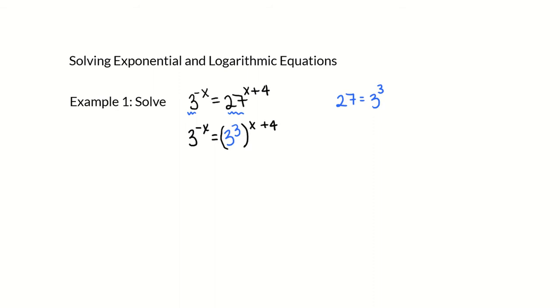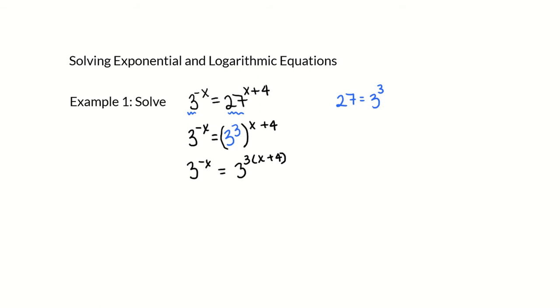Let's rewrite this a little bit differently. Keep 3 to the negative x on the left side, and on the right side we'll write this as 3 to the 3 times x plus 4. The reason we write it that way is that the power of a power rule for exponents is that we multiply those two powers. Now that we have 3 raised to two different powers,